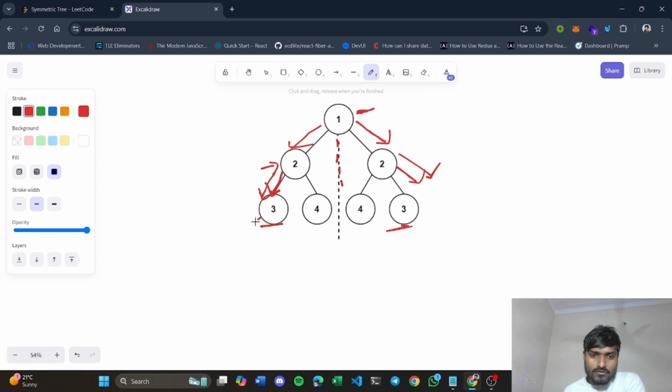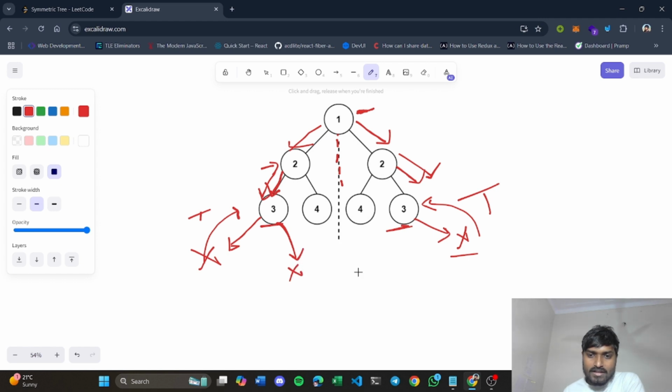Again when you come to node 3, you will go to the left of this 3, and on this side you will go to the right of this 3. You saw that there is nothing, basically null, so you will return here. Again you will return here because null and null are the same, that's why we return true. Again when you come to node 3, you will call for right here, and on this part you will call for left side to check for similarity.